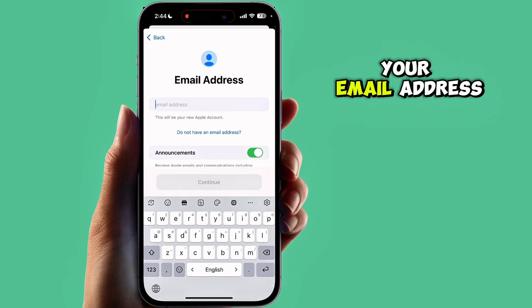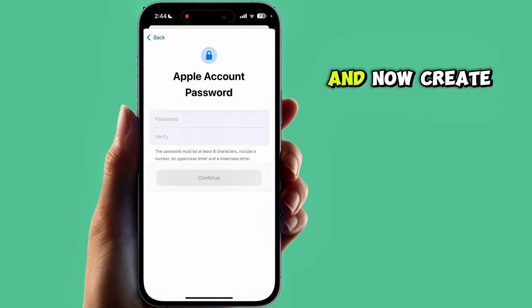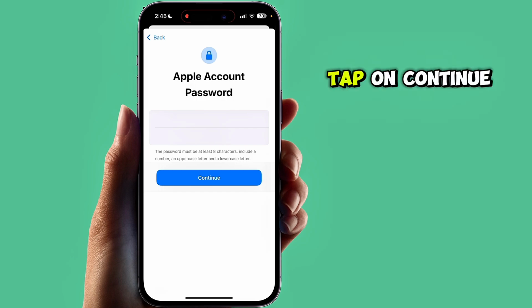and now enter your email address. And now tap on continue and now create a strong password. Tap on continue